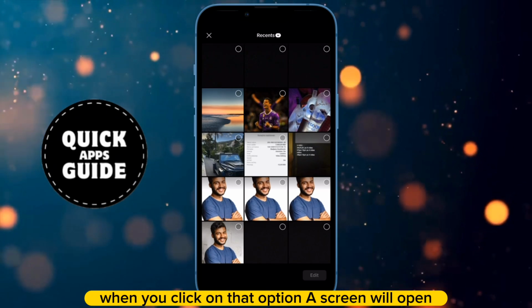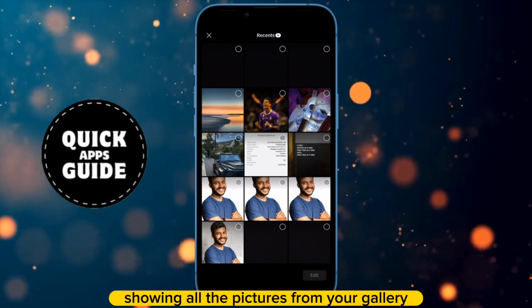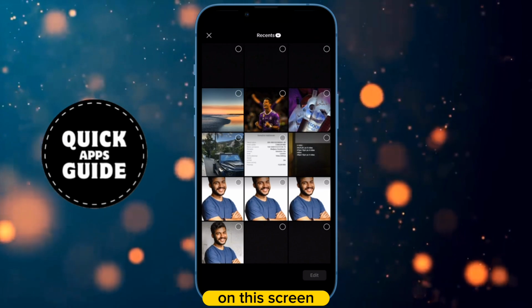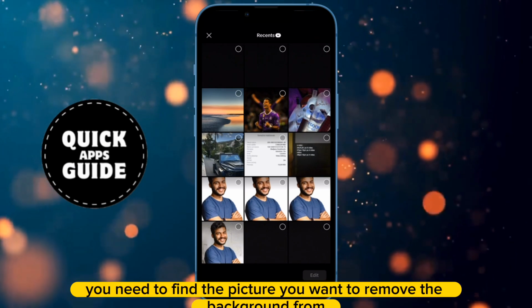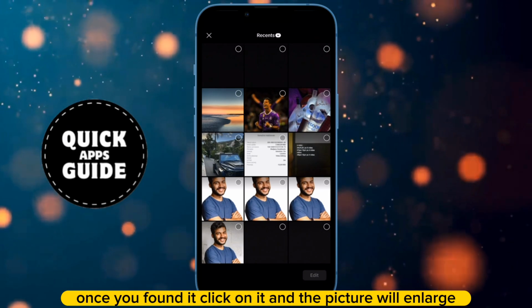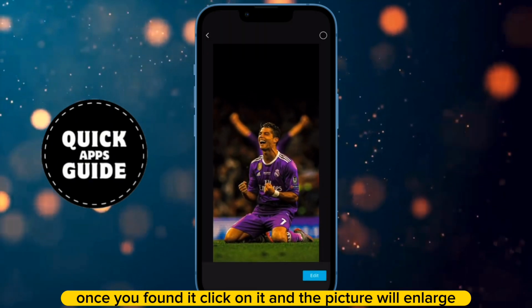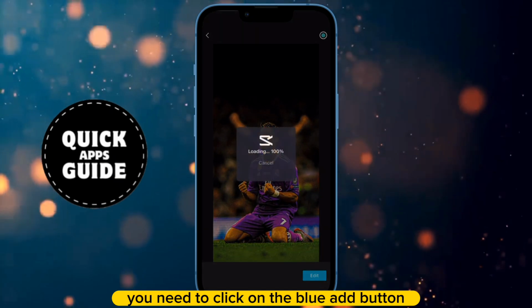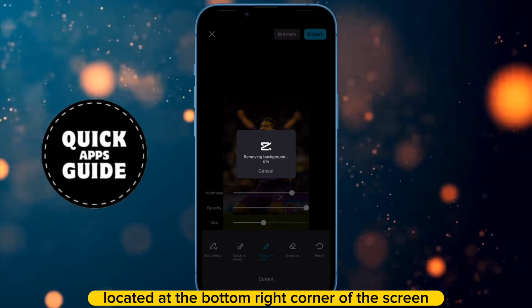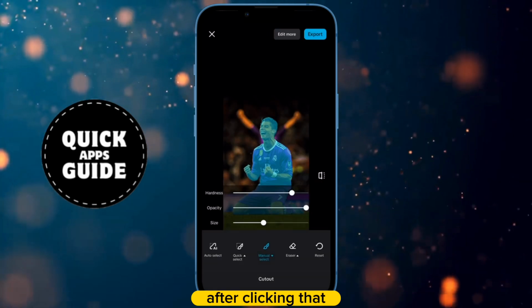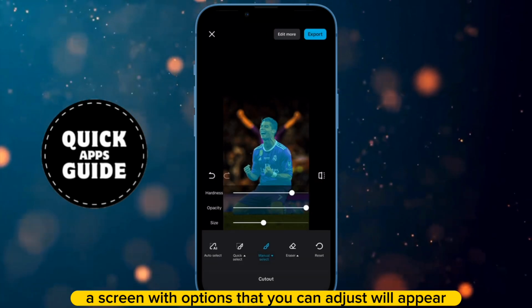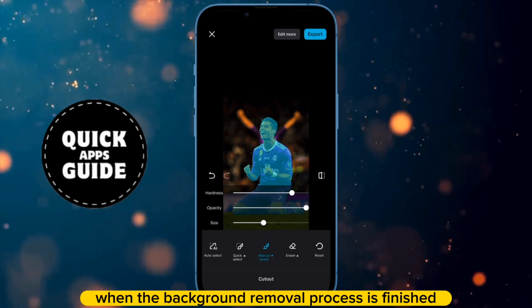When you click on that option, a screen will open showing all the pictures from your gallery. On this screen, you need to find the picture you want to remove the background from. Once you've found it, click on it and the picture will enlarge. When the picture enlarges, you need to click on the blue Add button located at the bottom right corner of the screen. After clicking that, a screen with options that you can adjust will appear when the background removal process